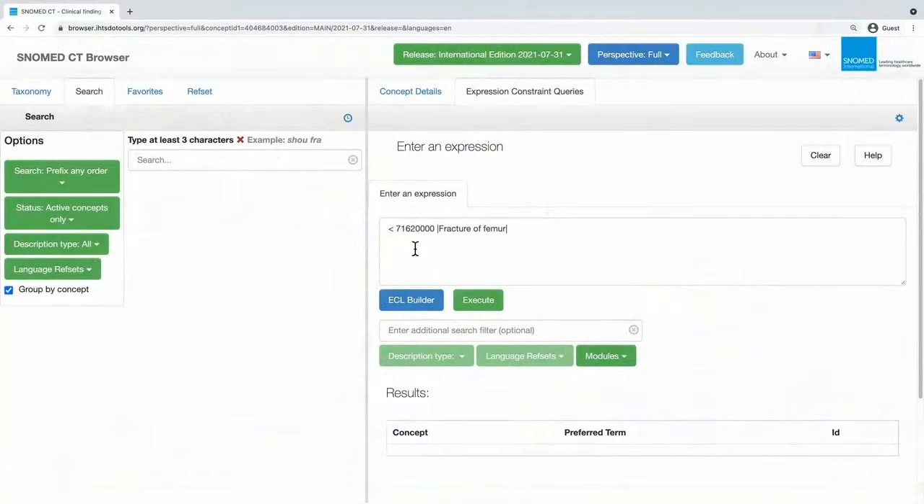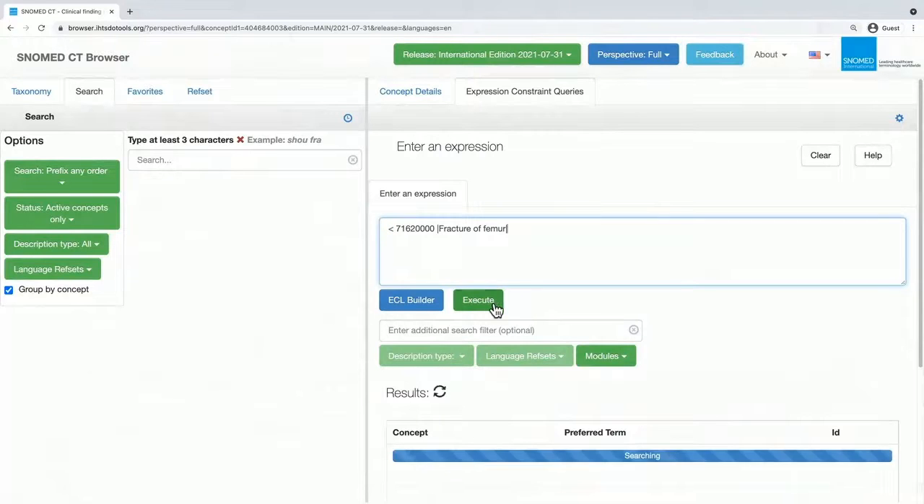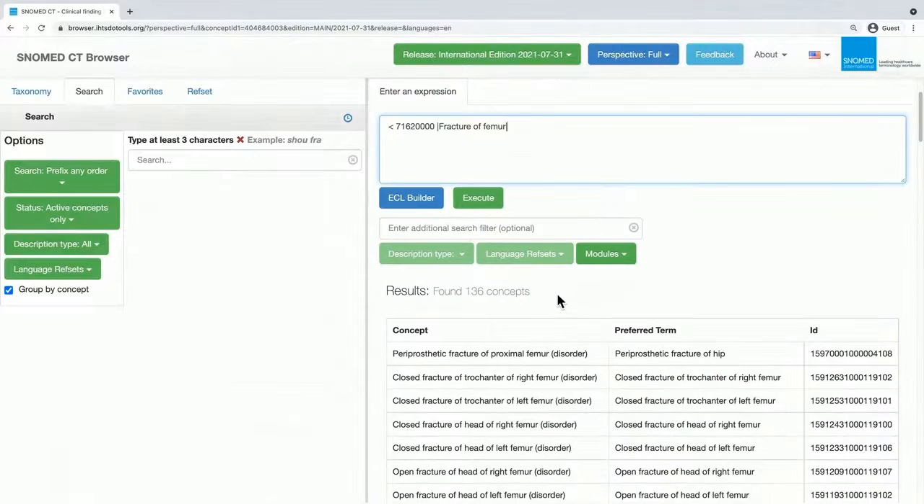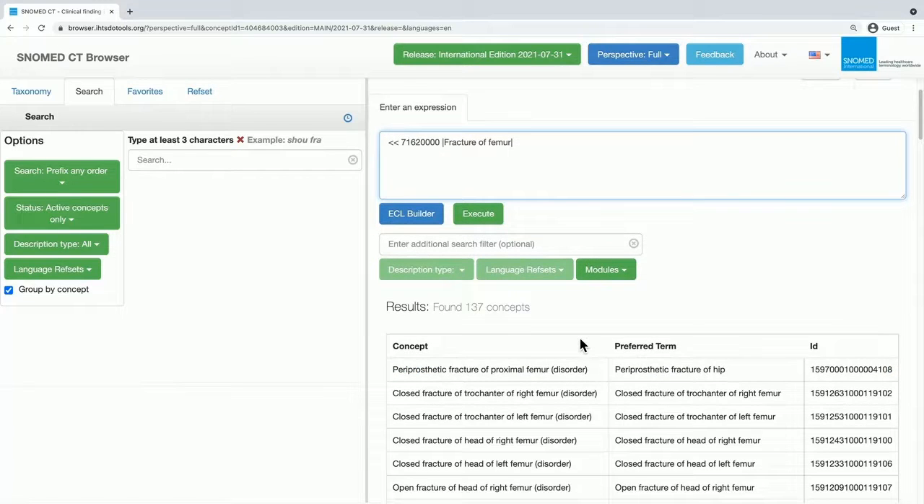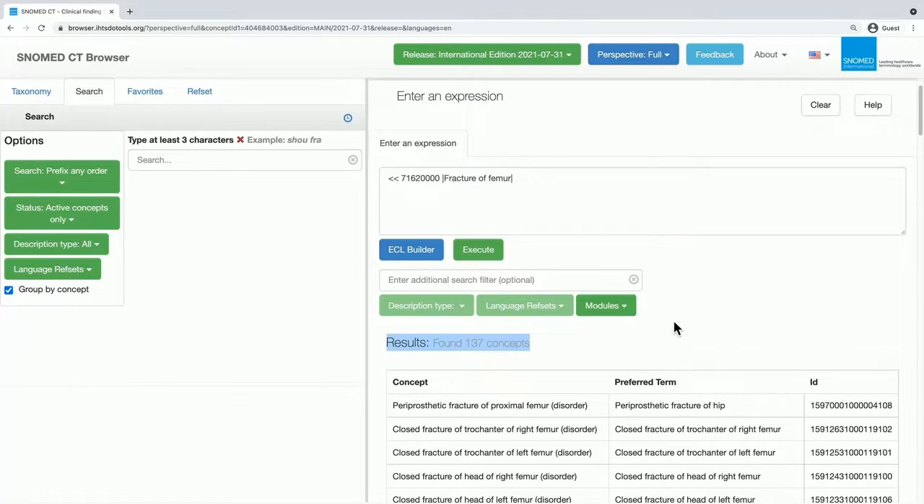First of all, descendants of fracture of femur uses a single less than sign. And as you can see, we have 136 concepts in the expansion. And if I add one more less than sign, we get the descendants or self of fracture of femur. Naturally, when we expand this one, we get one more concept in the expansion, because this now includes the concept